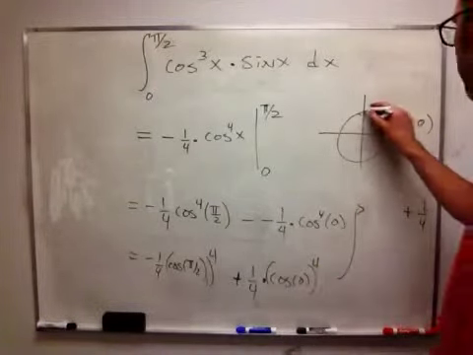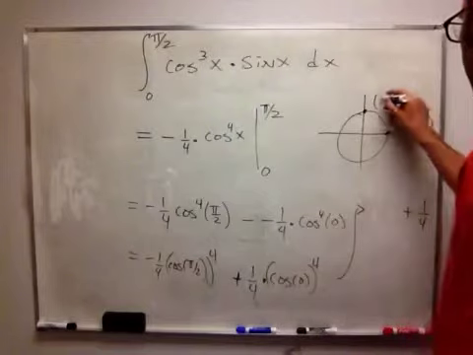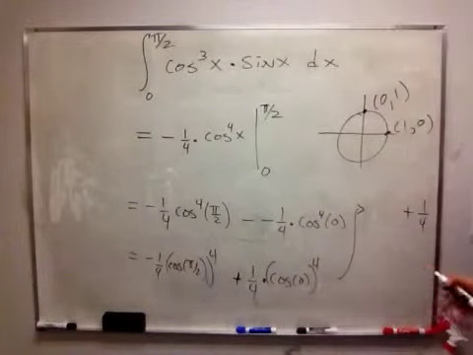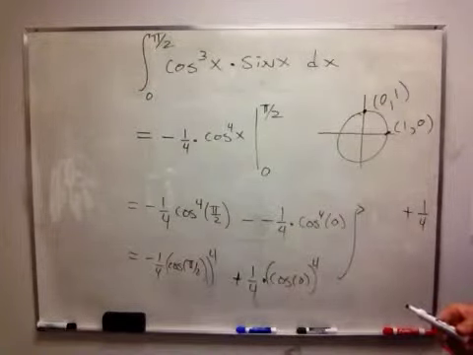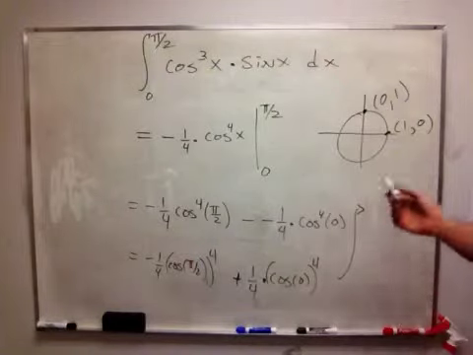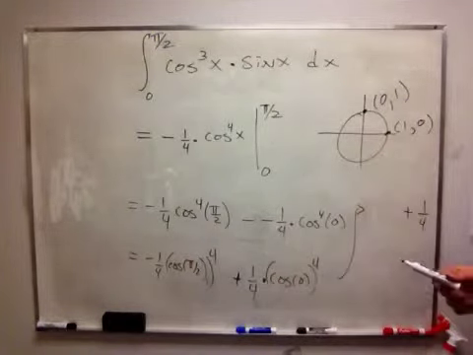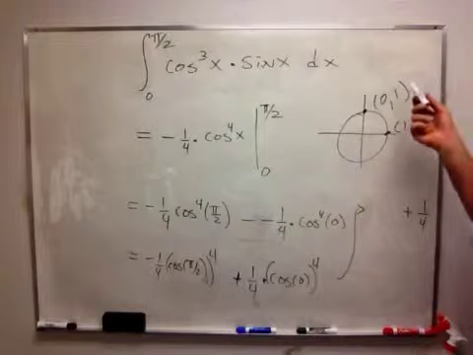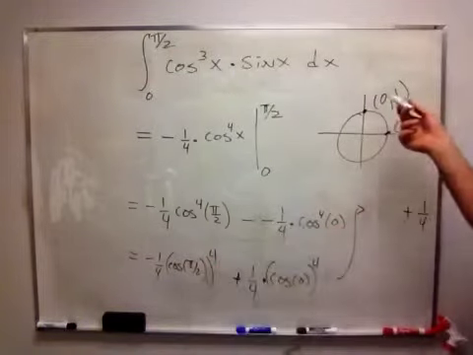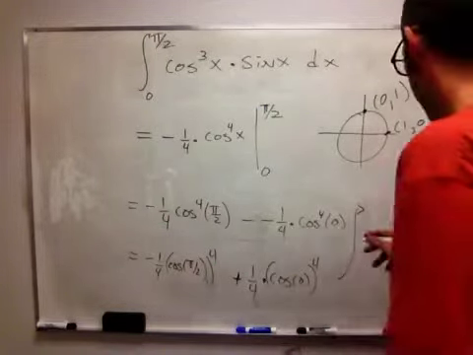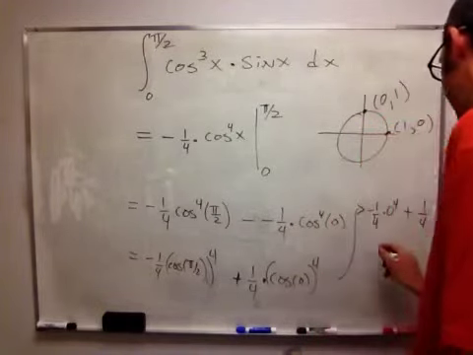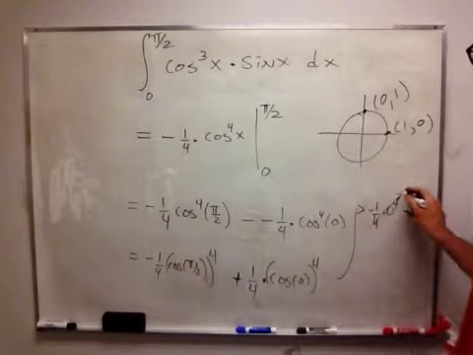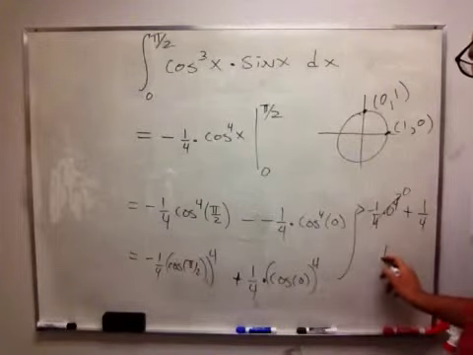Now pi over 2, we have over 0 up 1. Cosine pi over 2 is the x-coordinate, so we have negative 1/4 times 0 to the fourth. So this is all just a silly 0. 0 plus a fourth is